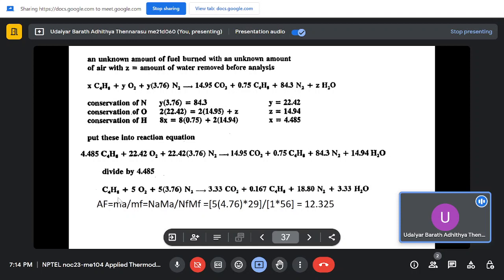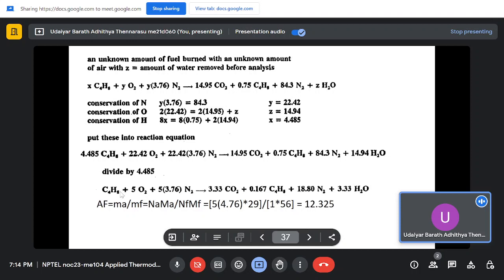So here the number of moles of air is 5 moles of air we are using. So 5 into 4.76, because 1 mole of oxygen and 3.76 moles of nitrogen, so 1 plus 3.76 is 4.76 moles, into 5 moles in total. So 5 into 4.76 and the molecular weight of air is 29, divided by 1 mole of fuel, and the molecular